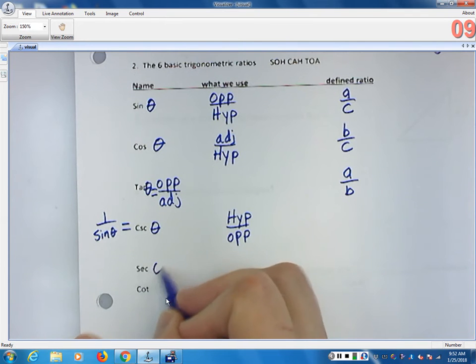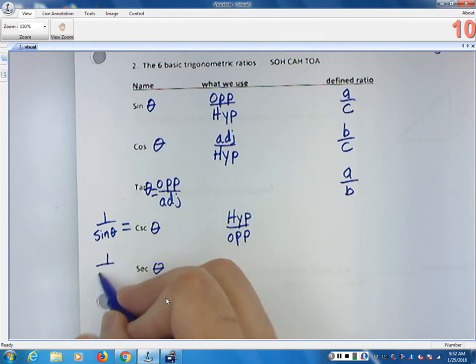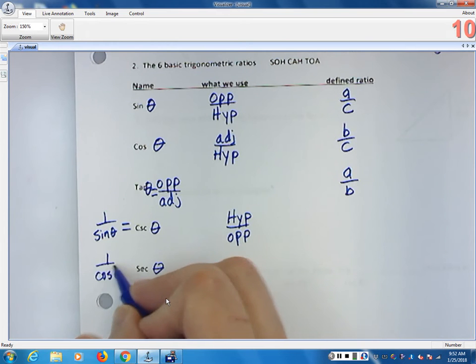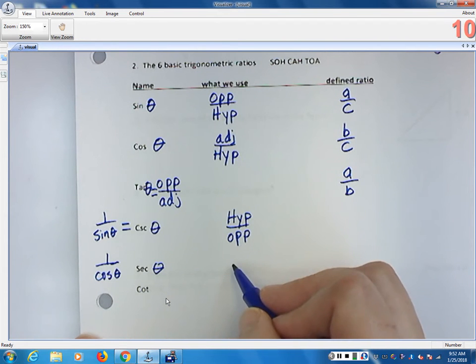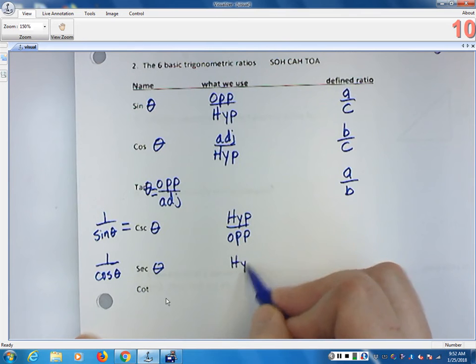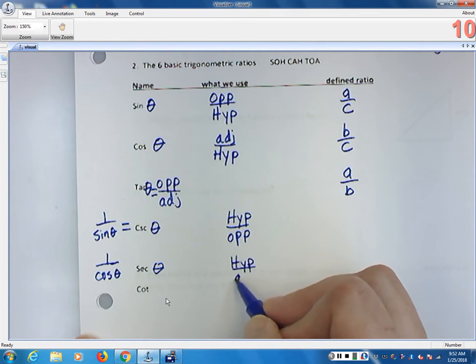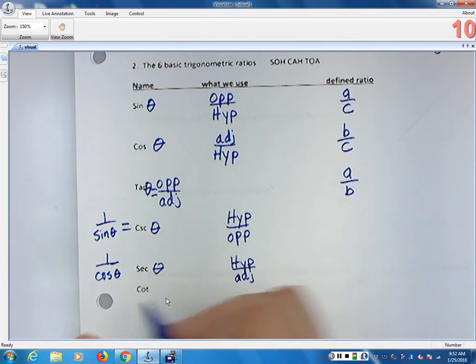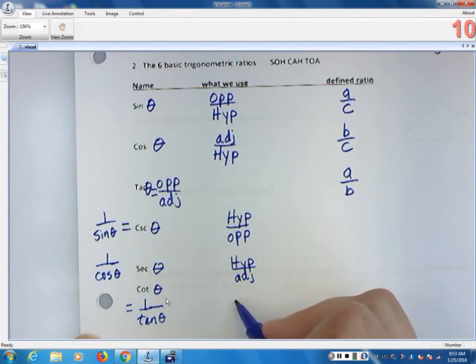Secant, I know, is 1 over cosine, so that's hypotenuse over adjacent, and cotangent is 1 over tangent, and that is